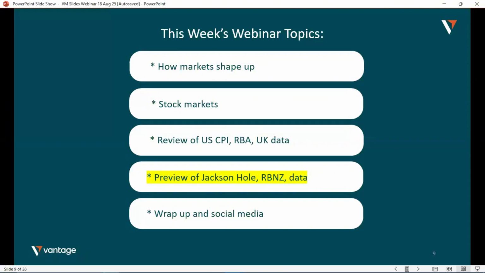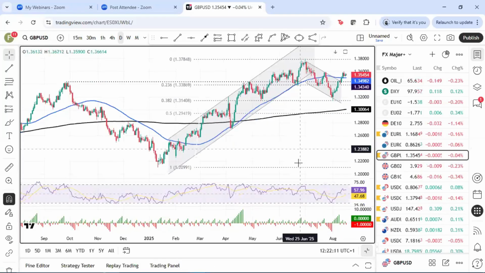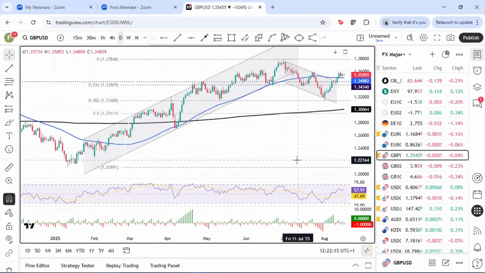Market pricing at the moment concurs with that hawkish view. The next 25 basis point cut for sterling interest rates, the base rate, is not now priced in till next year, sort of February, March time. If we just look at cable, let me just pull up that chart. It has been strong, of course, because the dollar has been weaker, and we've had those Bank of England rate cuts priced out and reined in after that more hawkish Bank of England cut, if you like, and some of this data that we've just gone over.